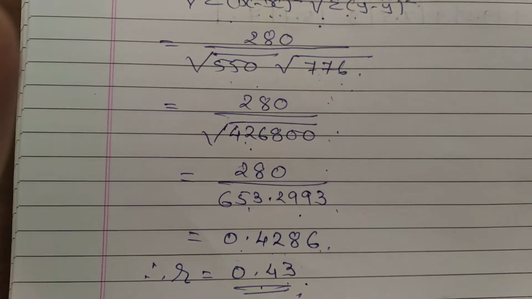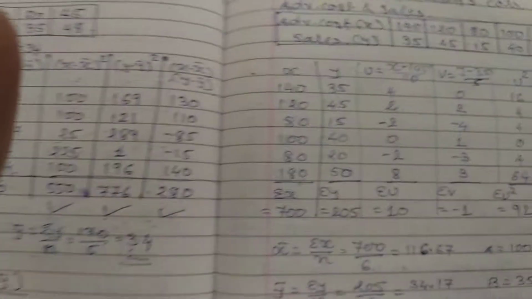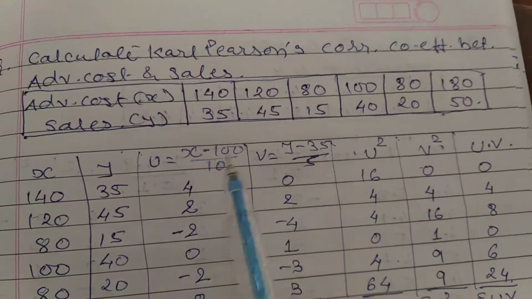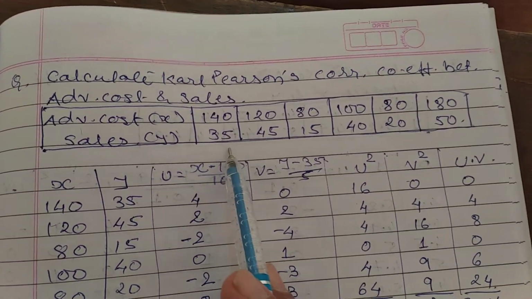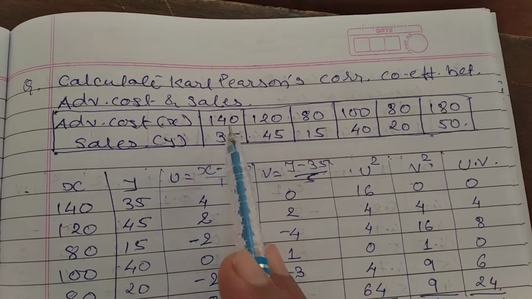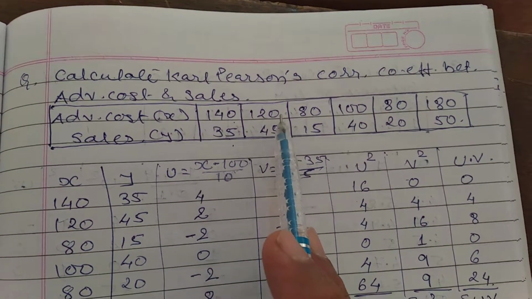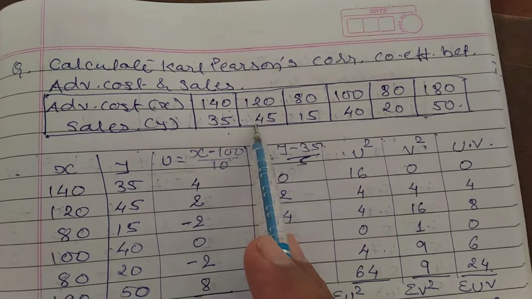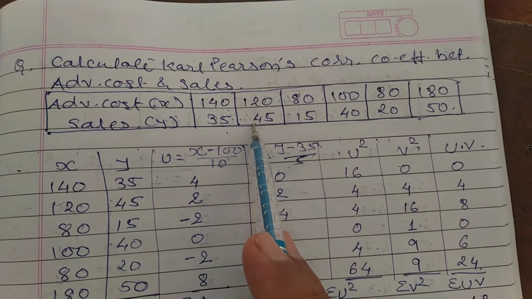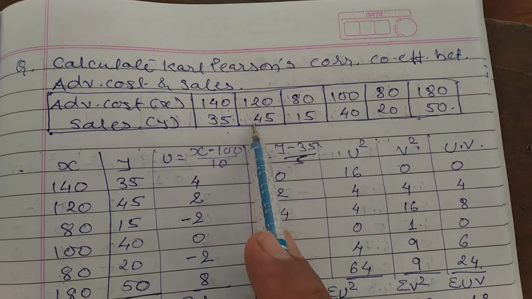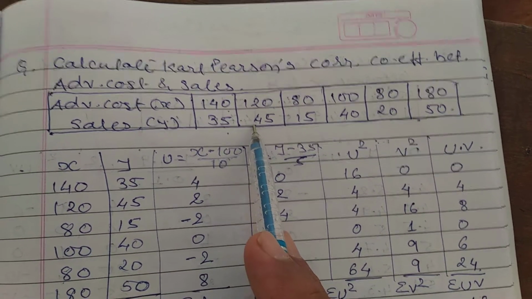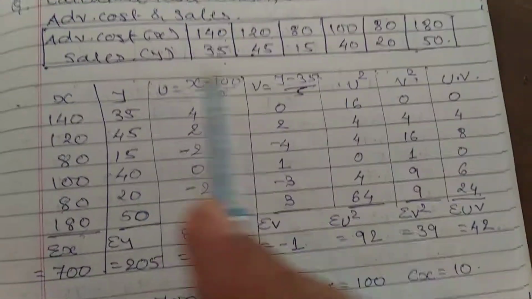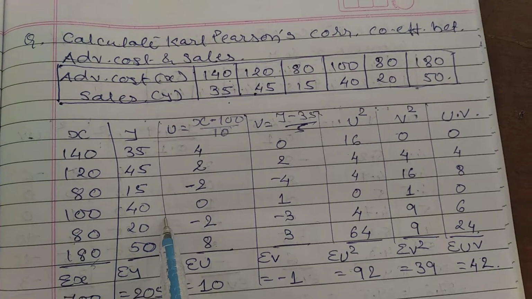Now let's understand the second formula. The question remains the same. The values of x and y are big, in two digits and three digits. That means the squares of x and y are not possible without the use of a calculator. To make the calculations easier, to make the squares of this x and y, we require a calculator. Now the values will be placed as x and y.